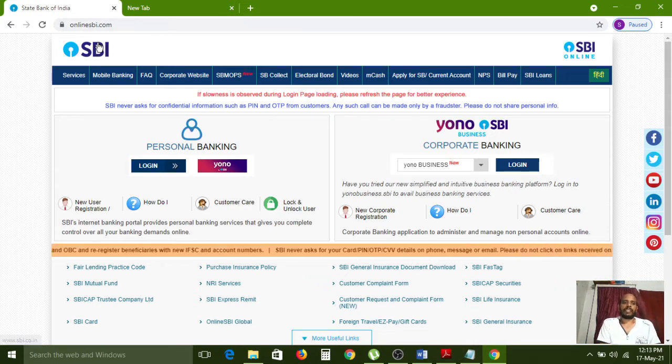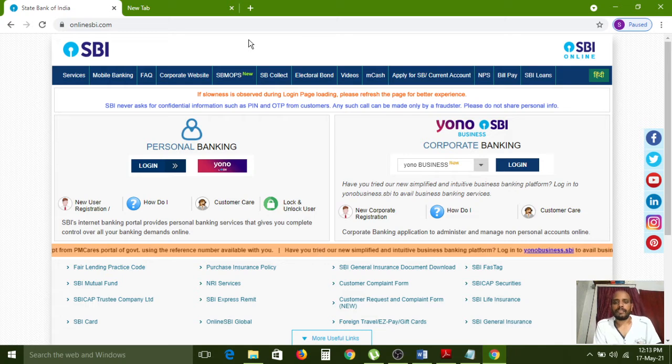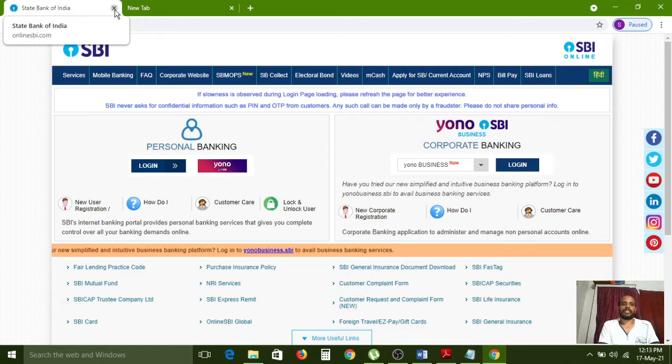Here is the example of the SBI website. A plain color is applied for the background, and the menu has different background colors. Blue color has been applied, and the font is white. All are maintaining formal fonts. For the menu they used a thick blue background, but the complete background is only a plain color. This is one example of a formal website. Now I am closing this one.